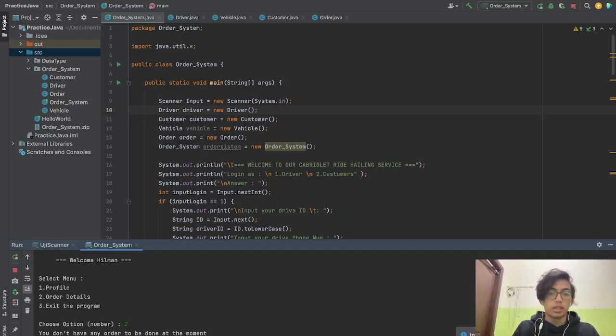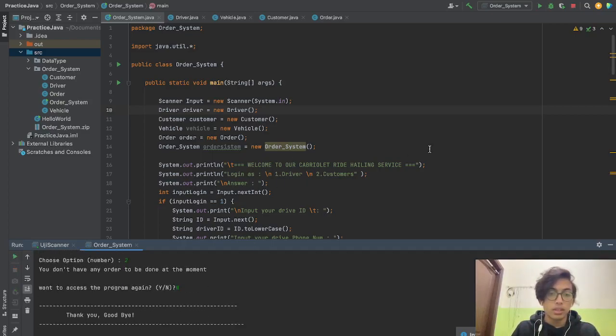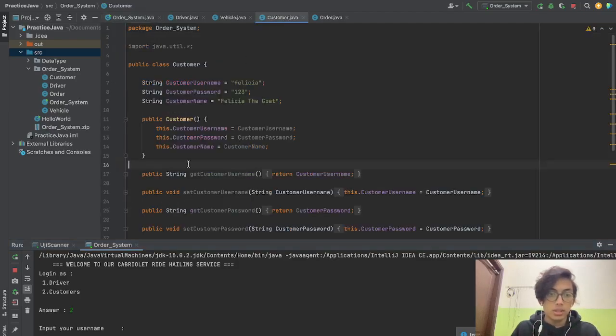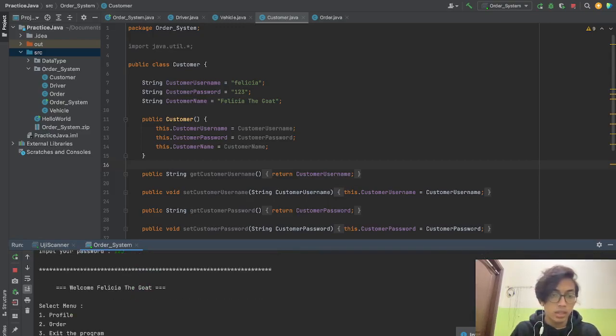Okay, and then we will end the system, and let's go with the second user, which is the customer. For the customer, I think it is a bit similar to the driver. First we need to input the username and the password, or the credentials. Here we set the customer username as Felicia and the password is 123, and the login is successful.